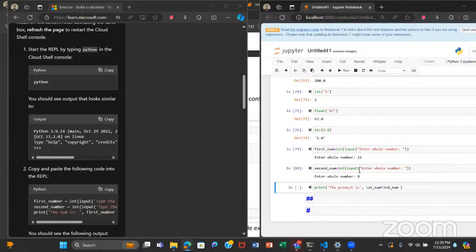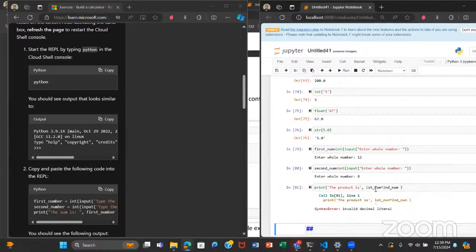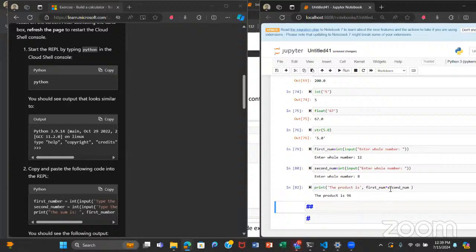the second number, printing the product. Let me see. Yeah, I even forgot to change the variable name. So first number. Boom, and then we can see. So this is a simple thing we've done, right? We collect numbers from a user and then we print out the product of the two numbers. So congratulations, you have built your first